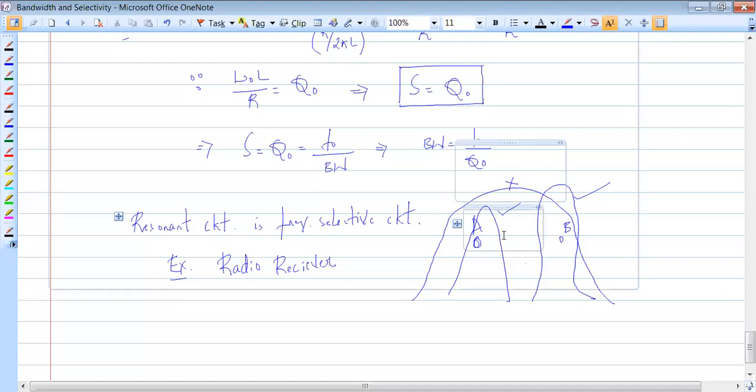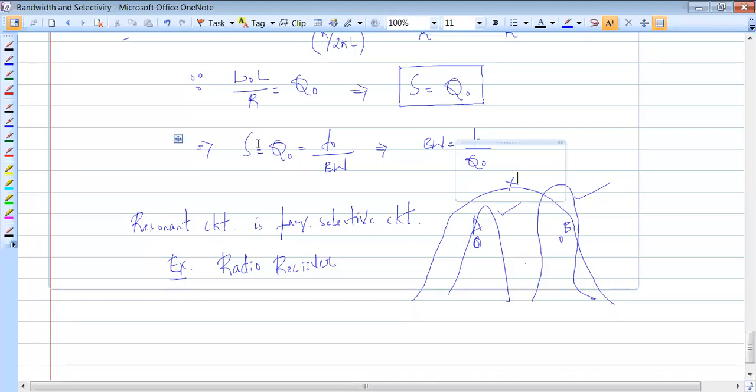Go on. Say that. Somebody was attempting that. It should be minimum. The bandwidth should be minimum. Good. Can I say it should be narrow? Should not be wide? It should be narrow. It should be minimum. Okay. So you should understand that is what is happening here. See here. See this? Selectivity is here.